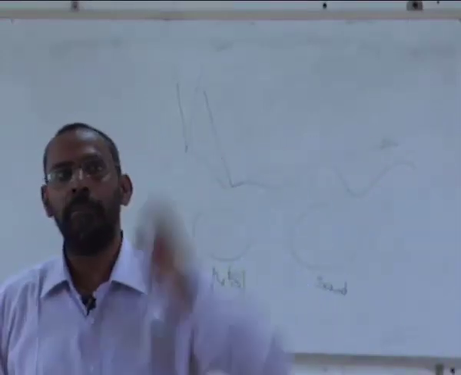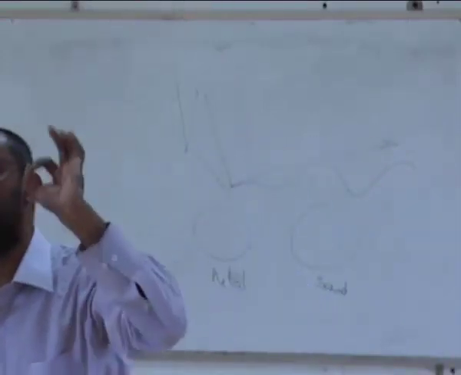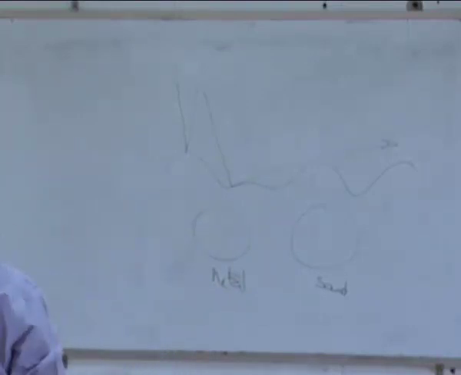What is the problem? I bring a liquid aluminum to 660 degrees, which is supposed to be the melting point of aluminum. Why does the solid does not form at that temperature? Why do I need to cool it below 660? Yes, tell it out. You may be wrong. There is nothing wrong in being wrong, but at the same time you may be right also. So please tell me. No idea?